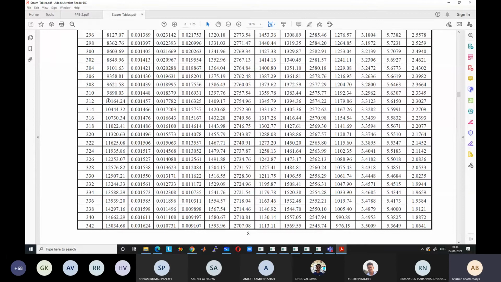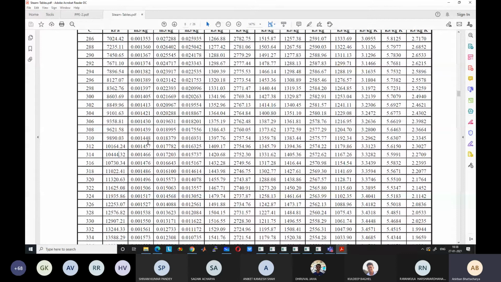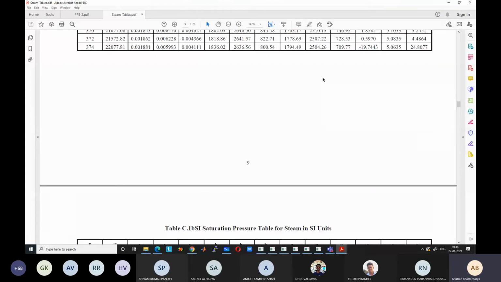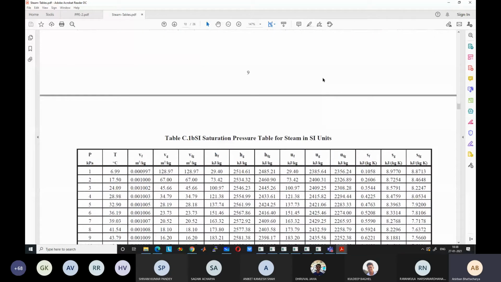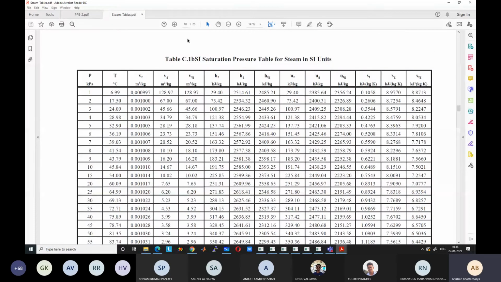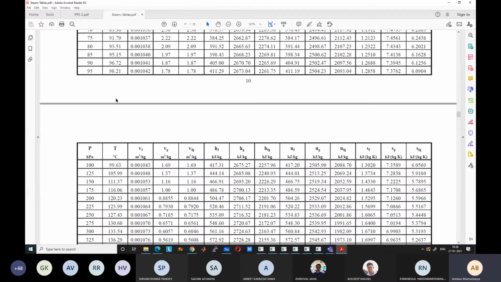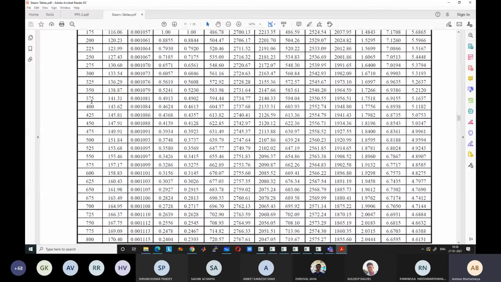So instead of this interpolation, the second table saves us time because directly in terms of pressure the values are given, which are nicely rounded values. So depending on whether temperature or pressure is present, you can take a look at the appropriate table. All the values should be consistent, but if only one table is given, you might have to do interpolation. That's why both the tables are given. Both are interchangeable, so both have similar values. It's not very different.